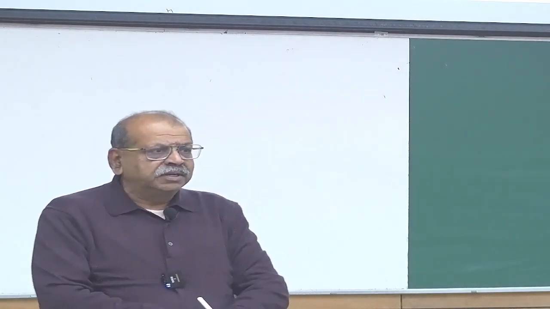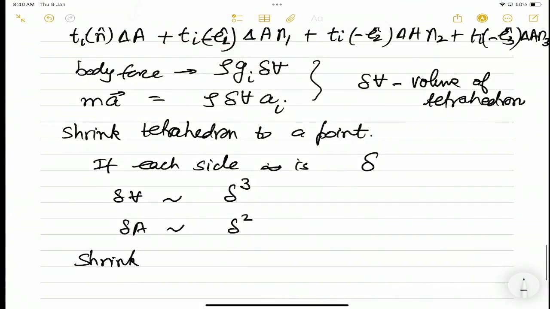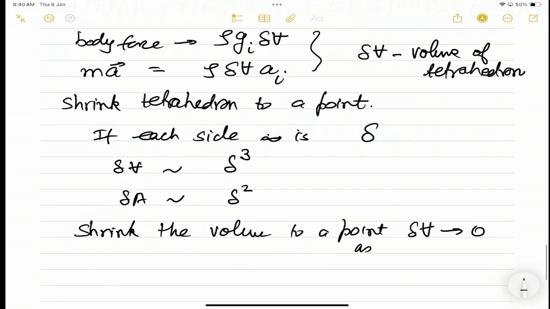So as we shrink to a point, what happens to the delta V terms as compared to the delta A terms? The delta V terms will go to 0 as compared to delta A. And since we have 4 terms with delta A, suppose there were only delta V terms, then we would have had to say the sum of all these have to be of the same order. But since we have terms containing delta A as well as delta V, the delta V terms will go to 0, and what we will get is